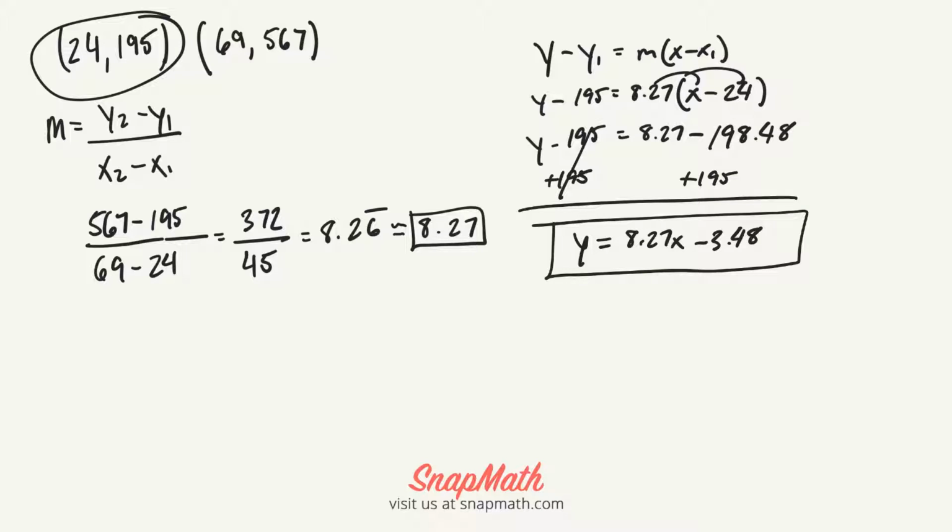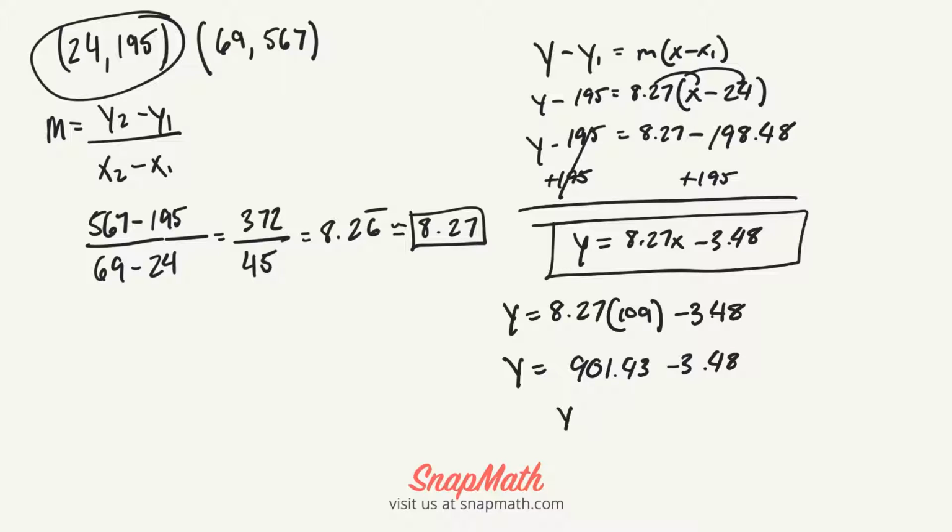All right, and the last step we have to do is we have to plug in the 109. And what we're going to do is we use our model, we plug in 109 for the x, and then we solve. And our final answer is 897.95. And just depending on what your teacher likes, you should probably round that to